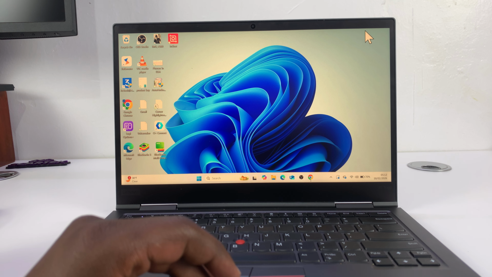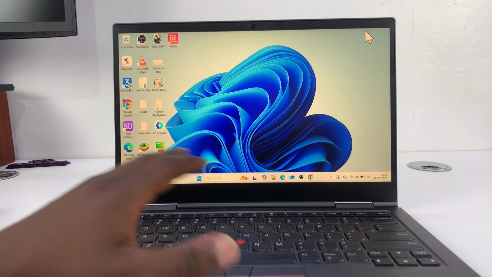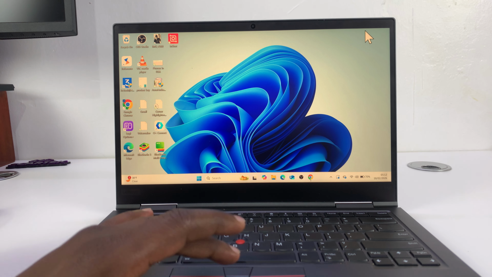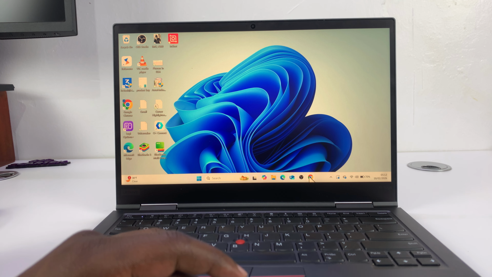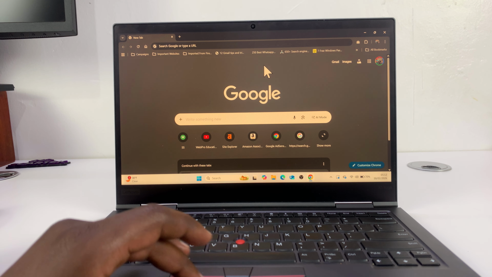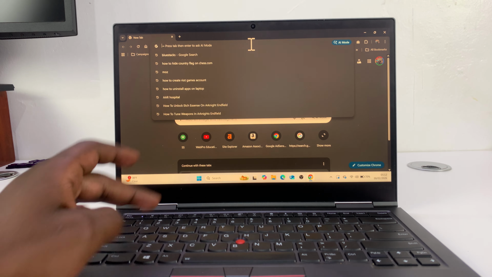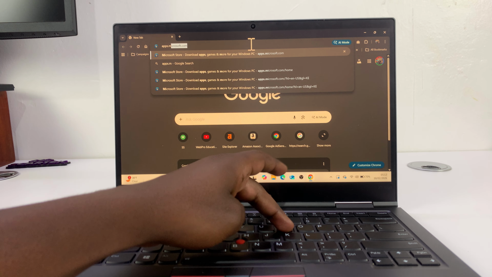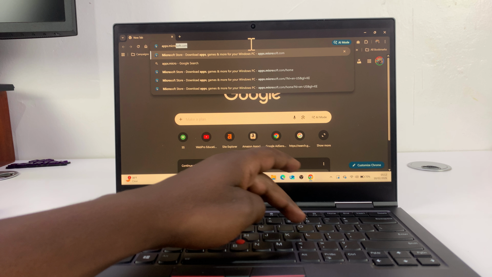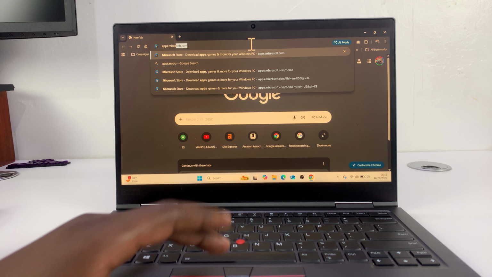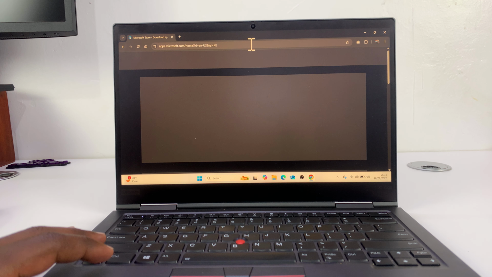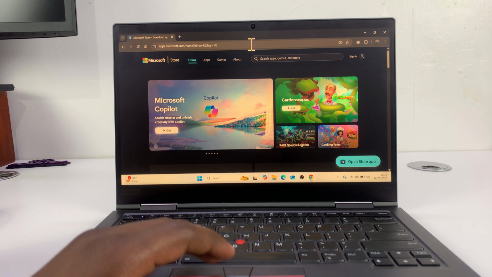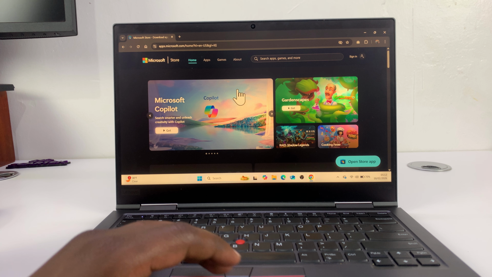To install the Microsoft Store on your Windows laptop, in case for some reason you don't have it, you simply need to go to any browser, and then in the URL bar, just type apps.microsoft.com. There you go. If you go to that website, which is the official Microsoft website, you can see